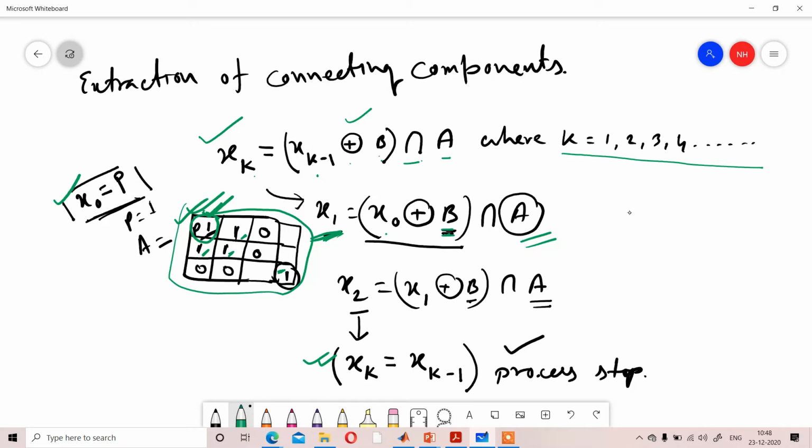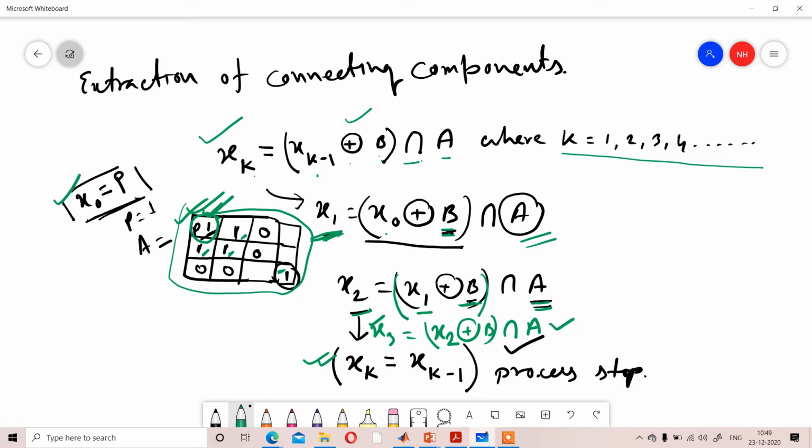Then over that image x1, you again do the dilation with B, and the dilated result will be intersected with A. Then you will get x2. Next, to calculate x3, again you will dilate x2 with B, and the result will be intersected with image A. Then you will get x3.